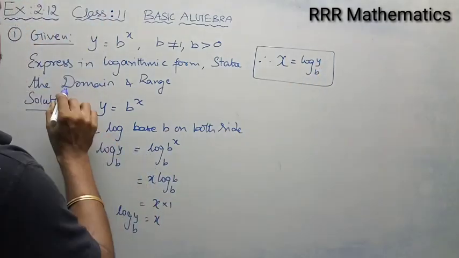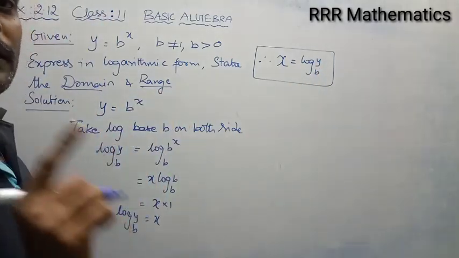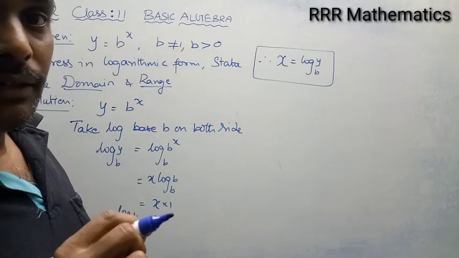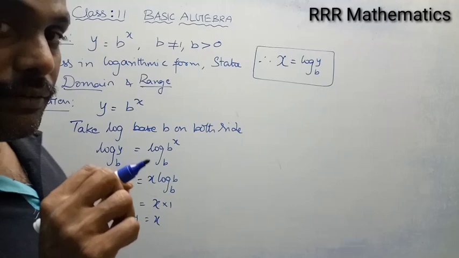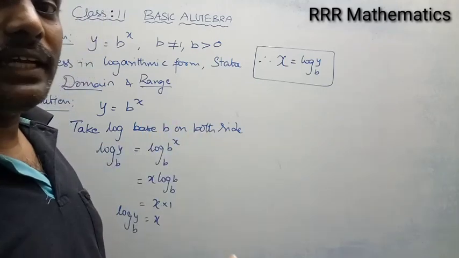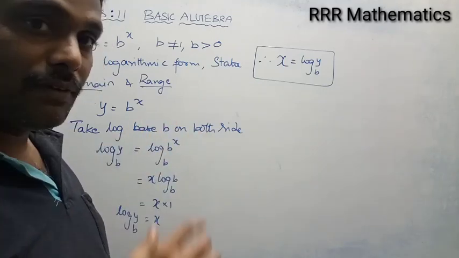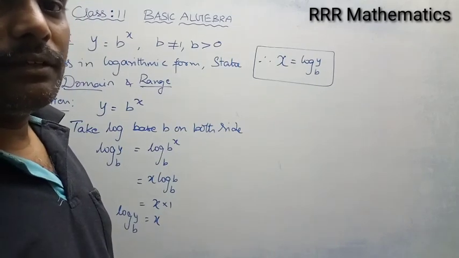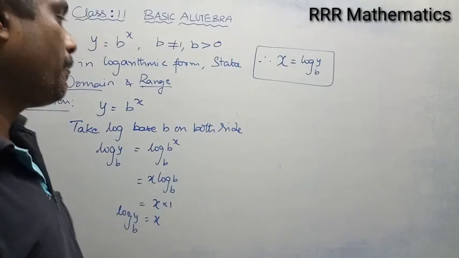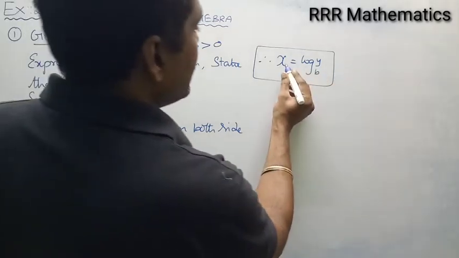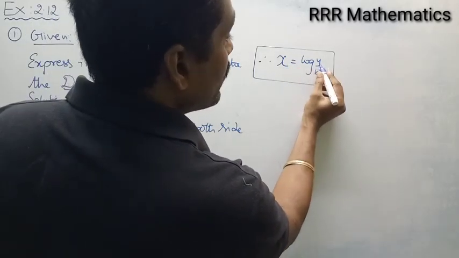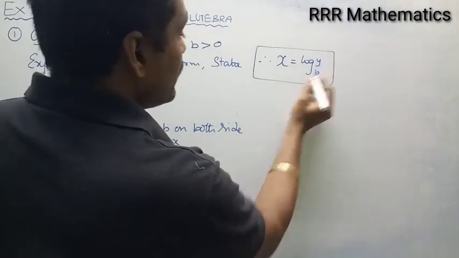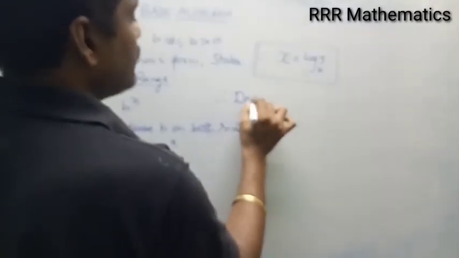Now they are asking the domain and the range. What is meant by domain? You studied in 10th standard, input. In 10th standard, for your function y in terms of x, when you replace x values, it is the domain. The output will be the codomain, or it will be considered as range. In this case I have a function x equal to log y, log in terms of y. So the value of y is the domain.